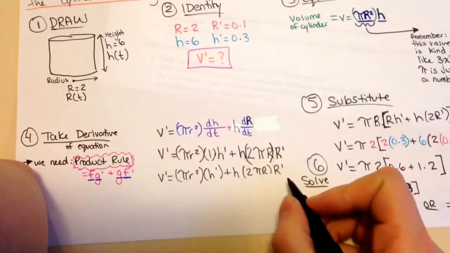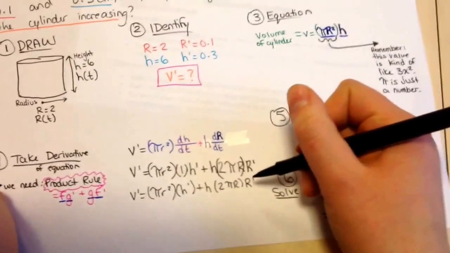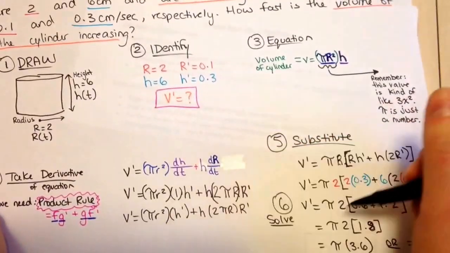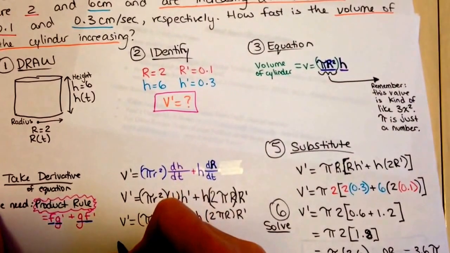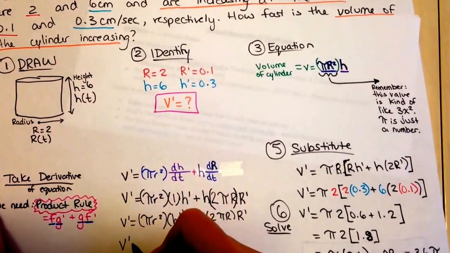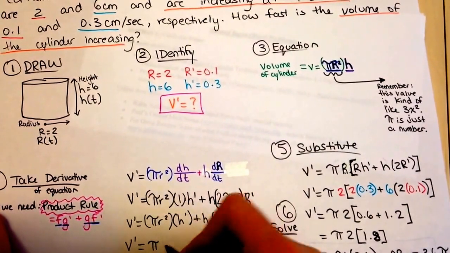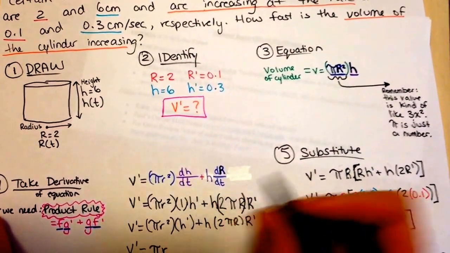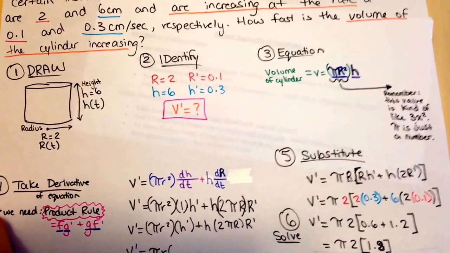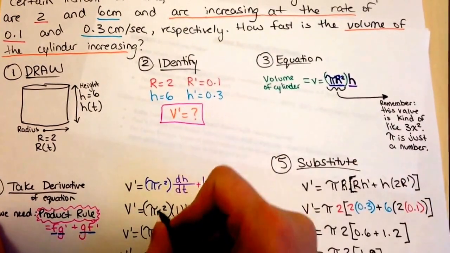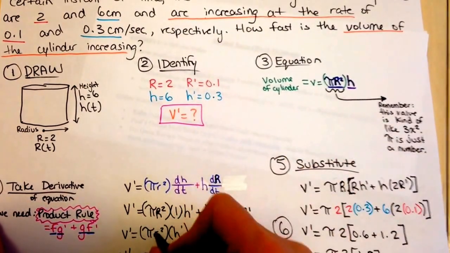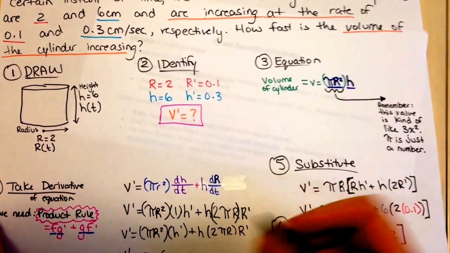Now, what I want to do is quickly simplify this, just so that it's easier to solve later on. To simplify this, I'm just going to factor out the variables pi r. Oh, maybe I should just put this back to capital R. Okay, so